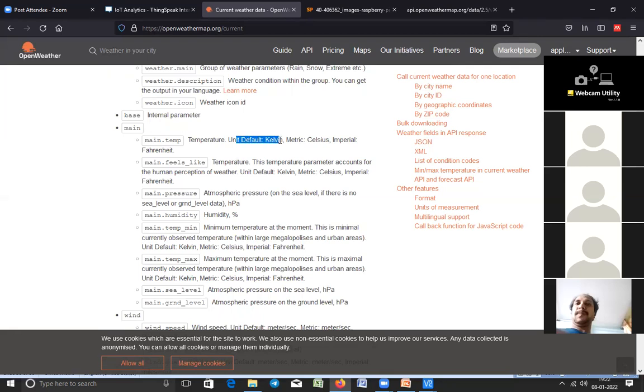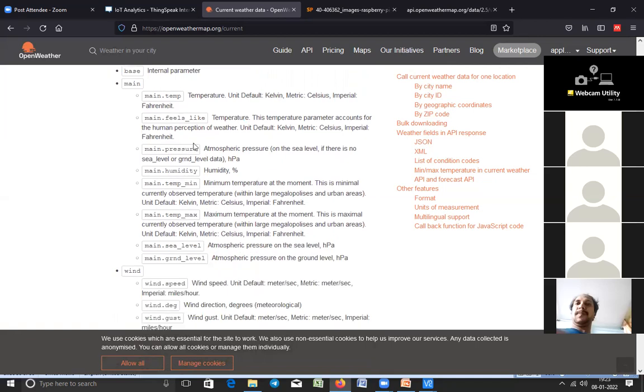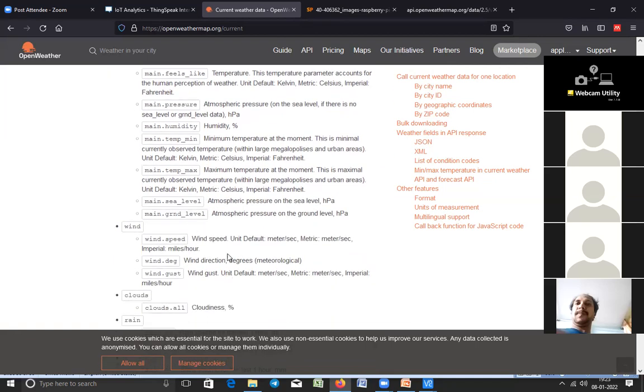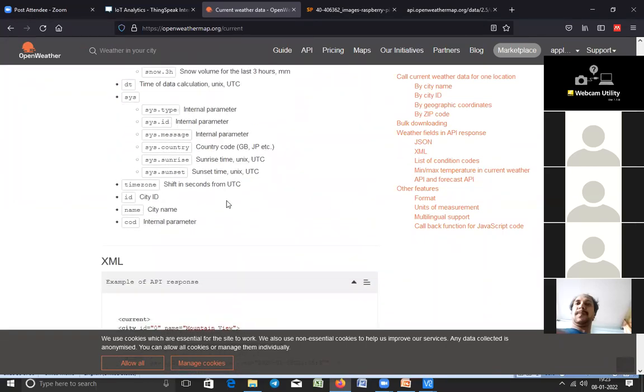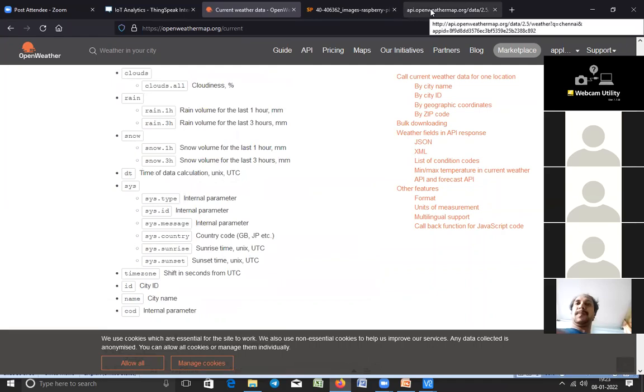By default you'll be getting Kelvin. With metrics you can convert it to Celsius, no problem. Humidity, pressure, all these details, you can read in your free time. You can also do this in your Jupyter notebook on your computer. It works. You have to install some libraries for this. I'll tell you how to install it now, if you want to work on your computer.